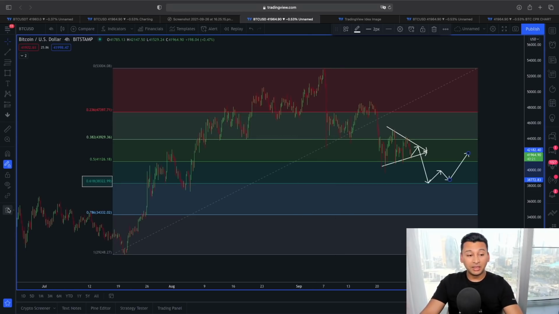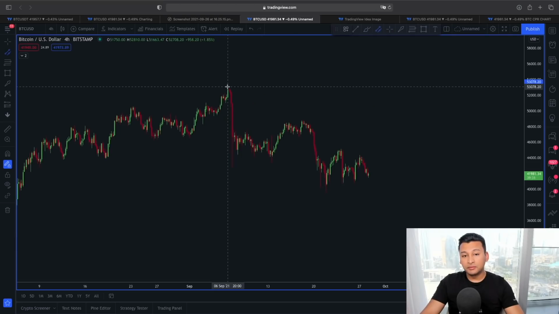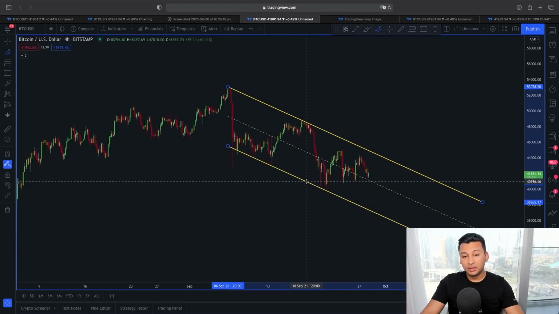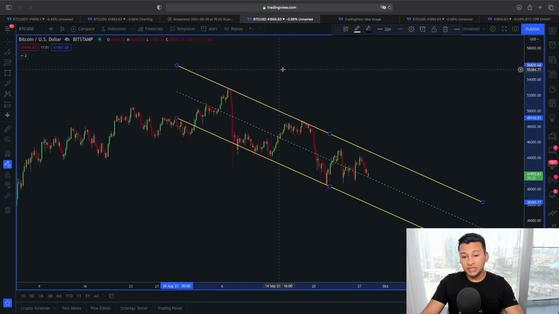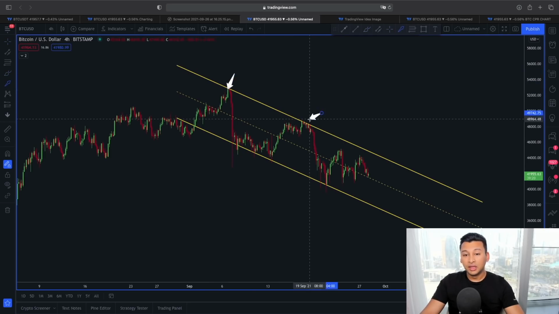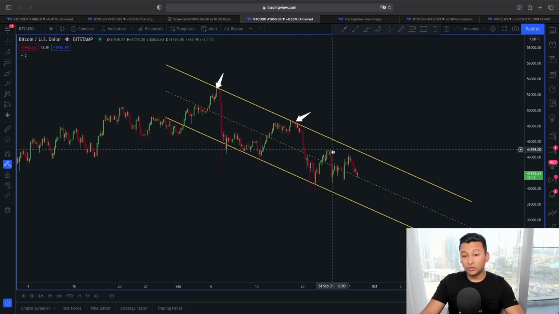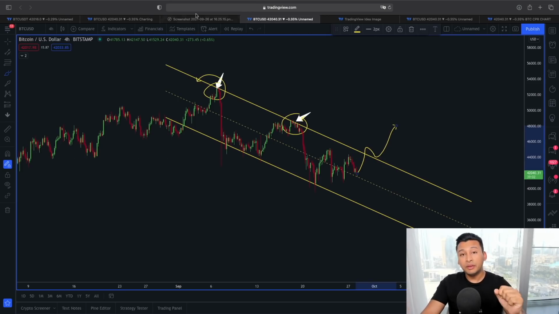And if you look at this in another way, a very simple scenario, that is actually a descending channel. We did talk about this in my yesterday's video. The reason why I'm bringing it back again is because we can see in a 4-hour time frame, the price of Bitcoin was not able to break out of the upper line area of this descending channel. And I have been very clear, unless the price breaks out of this upper line area of the descending channel and also flips this resistance from 45 to 46,000 into support,